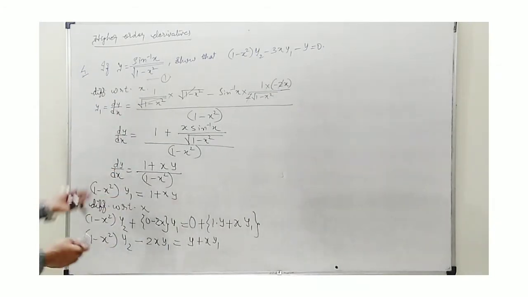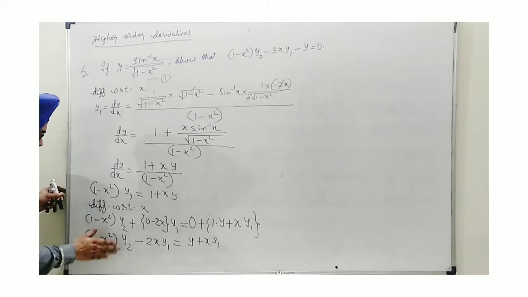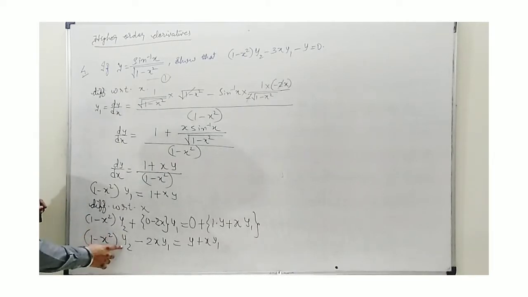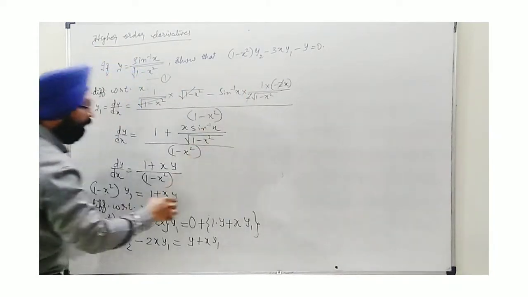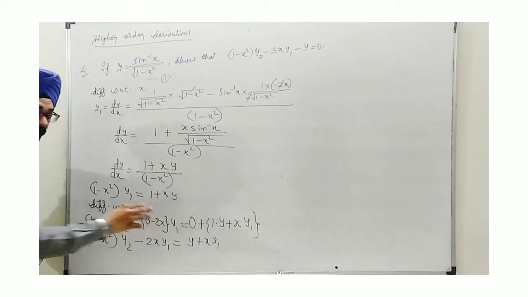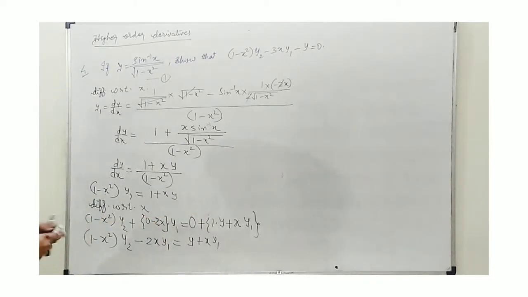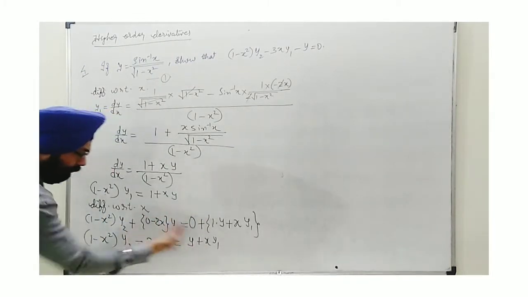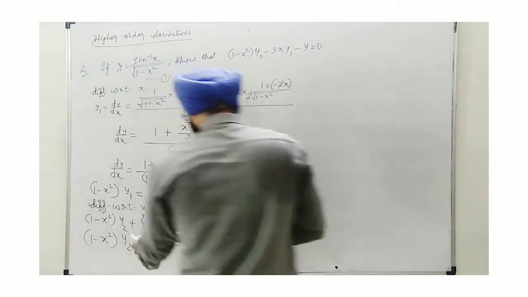we are deducing from the differentiation only, means no need to put the value. Or you can put a value like only this one. You can 1 minus x square y2. You see this portion. If in LHS you put all the values, still you will get the answer. Or otherwise, if here only you shift all the terms to the left hand side, you find.